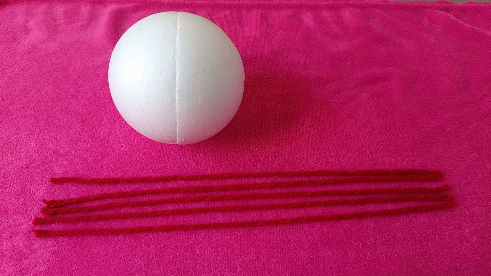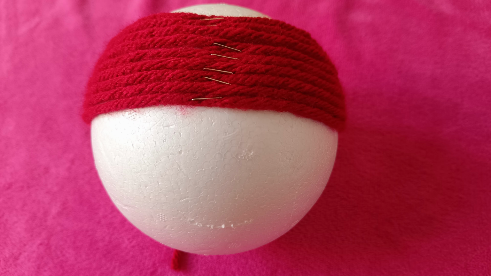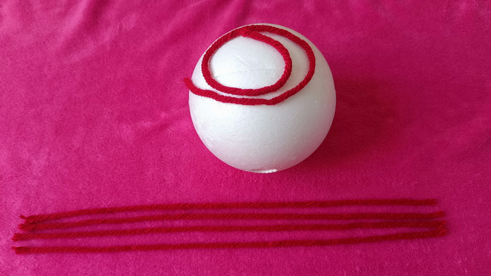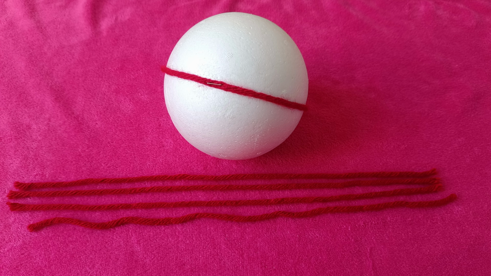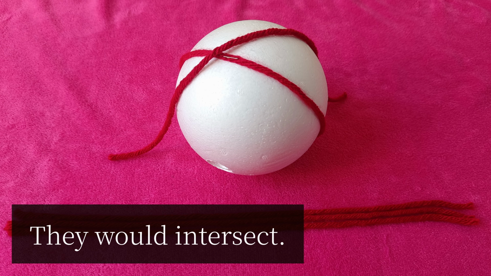Here I have some fibers and a sphere. Our goal is to put these fibers around the sphere such that they cover the whole sphere. There are some rules. For example, we cannot just put them however we want. We have to put them kind of like in a straight line. And you can probably see where the problem is. We put one fiber around the sphere, and then when we try to put another fiber around the sphere, oops,